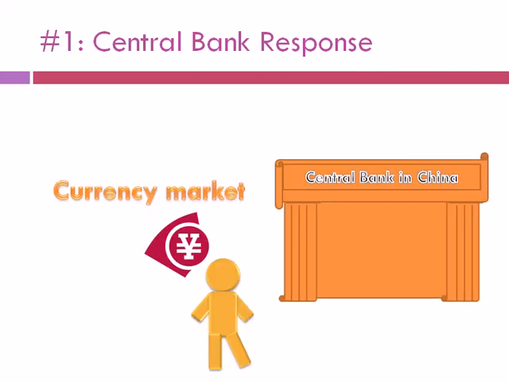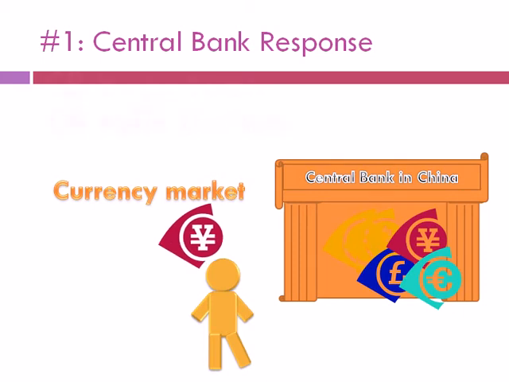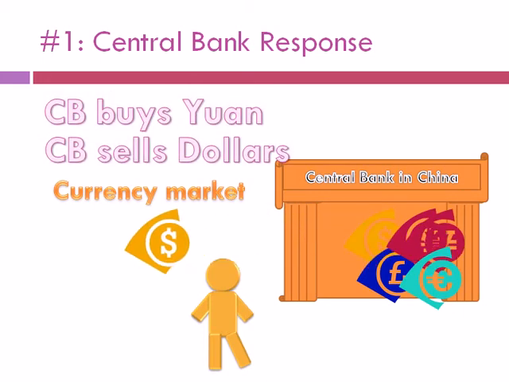In a flexible exchange rate, the values of these currencies would change, but in a fixed exchange rate, the Central Bank of China must maintain a fixed value of the yuan with respect to the dollar. To prevent their currency from changing in value, the central bank in China taps into its reserves of international currency. Then they buy yuan and sell dollars in the international currency market, thus satisfying the demand for dollars and oversupply of yuan. They are therefore able to maintain a fixed exchange rate in the open market.